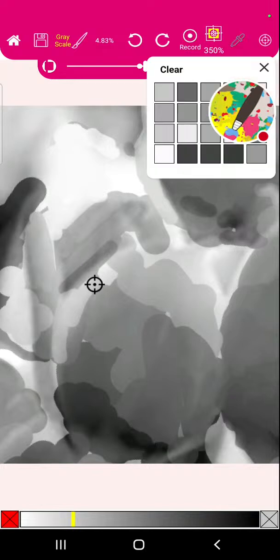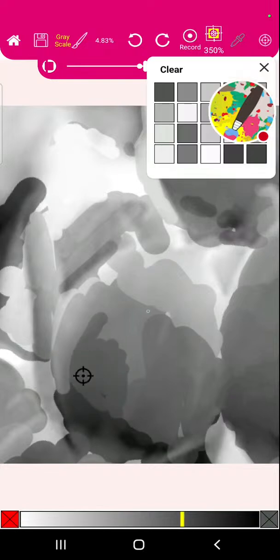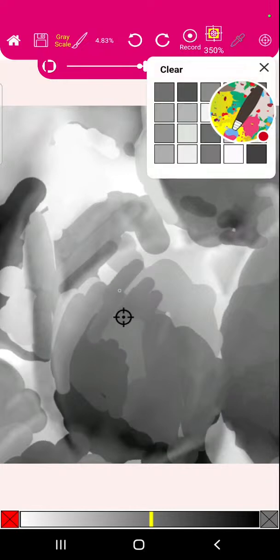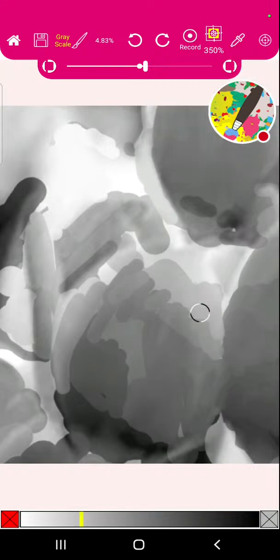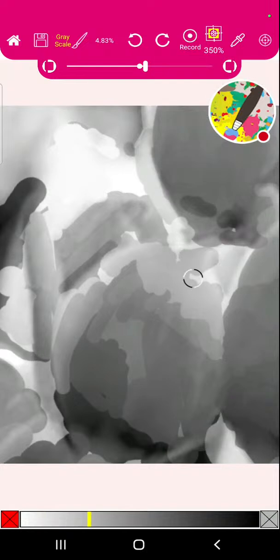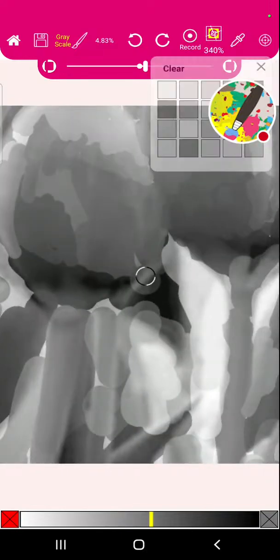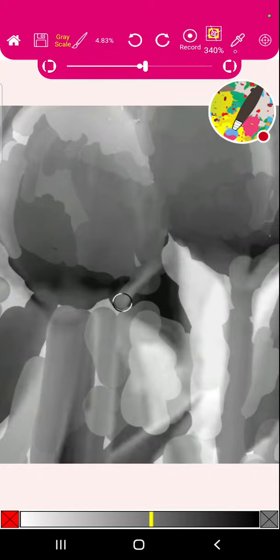Okay, can you see it? That color. Can you see these tones that we may have missed? So the tones we're picking are the absolute true tones of the reference image. So now we're getting really close to the detail. See the tones here, tones there, and then we're just going to continue to work like this. Can you see this lovely tone here, and then this dark tone here? Okay,